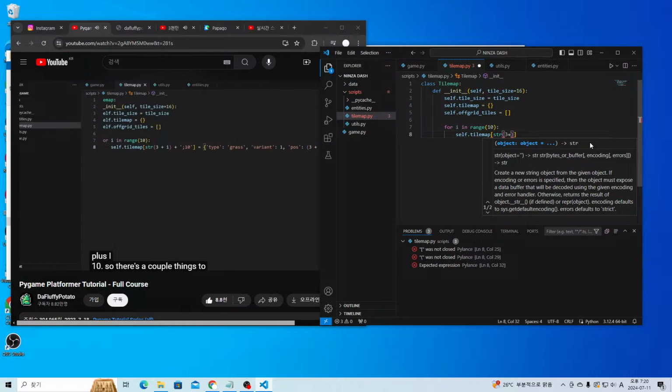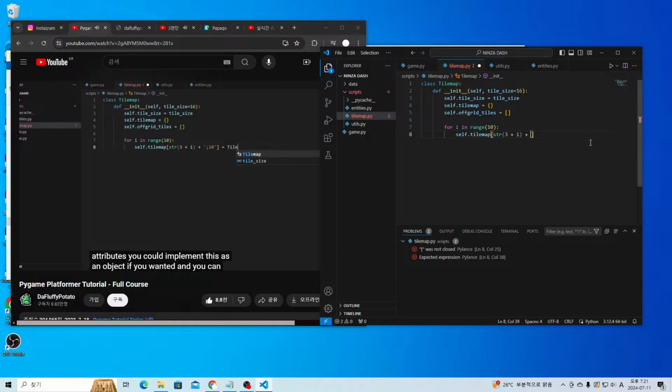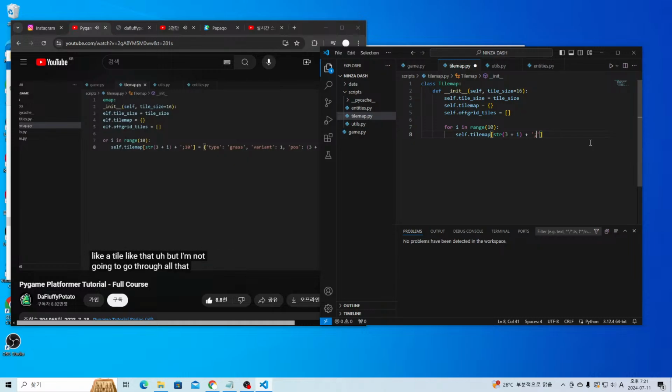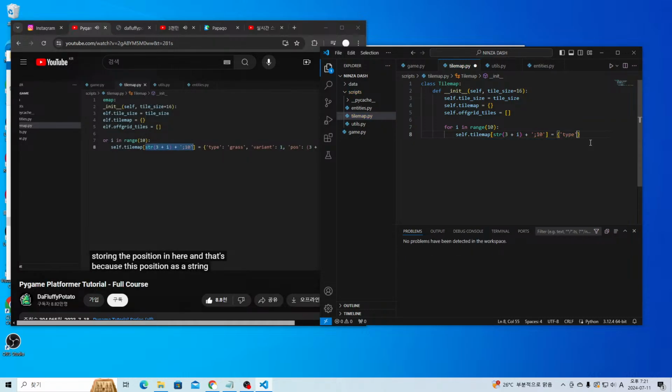So there's a couple things to note here. First of all, our tile will now be represented as this dictionary, so that way our tile can have multiple attributes. You can implement this as an object if you wanted, but I'm not going to go through all that effort, so we're just going to use the dictionary. The dictionary will have the type, the variant. So within grass, there's a few different types of grass tiles, depending on what directions are air and stuff like that. And then I'm also storing the position in here, and that's because this position as a string